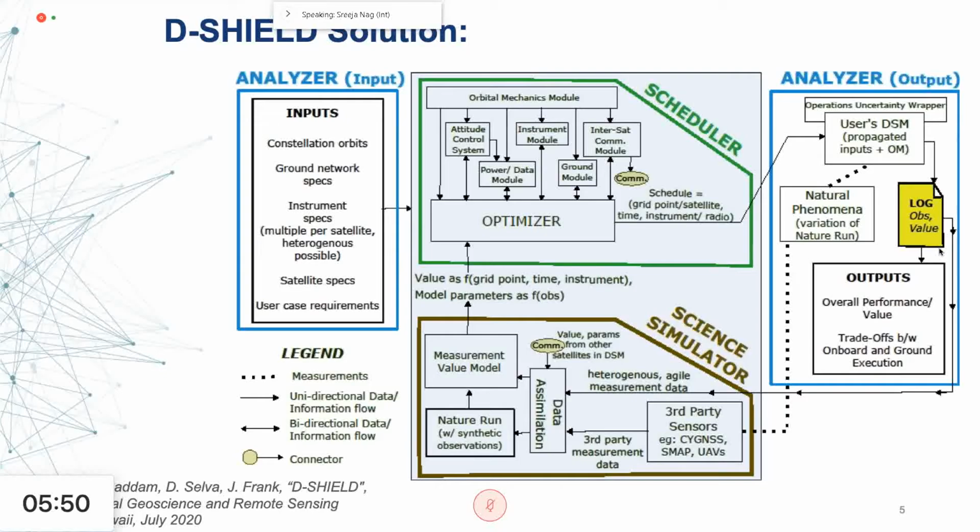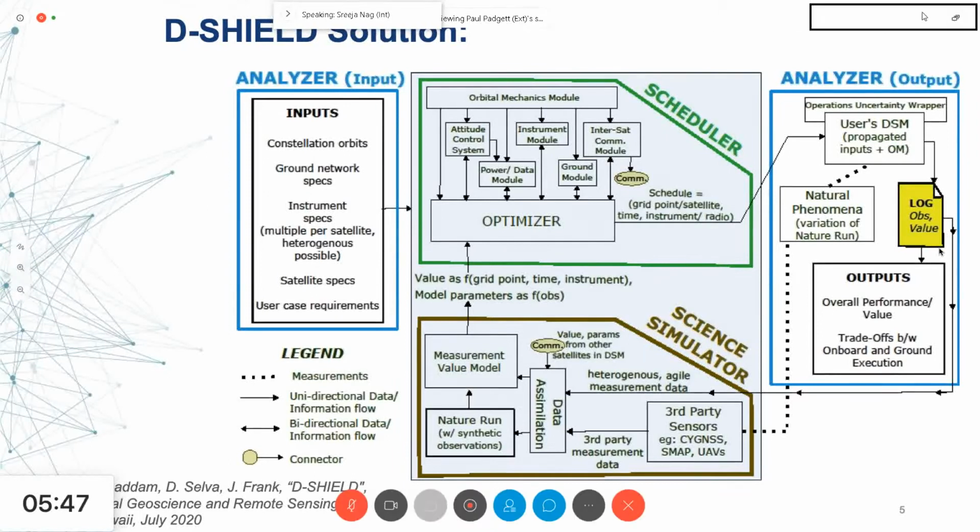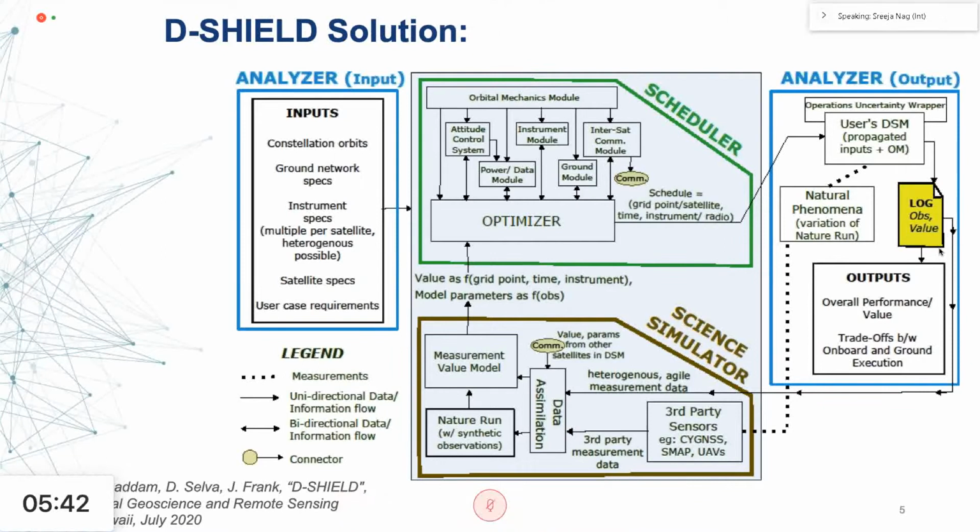So the concept of DShield is to extend this very preliminary framework to a higher fidelity approach to allow for multiple payloads on a spacecraft and heterogeneous payloads across the constellation, higher fidelity tools for scheduling and estimation of constraints, and apply to a much more complex scenario of soil moisture monitoring globally and to bring down the uncertainty estimate of soil moisture. So DShield has three components: the scheduler on the top, at the heart of which lies